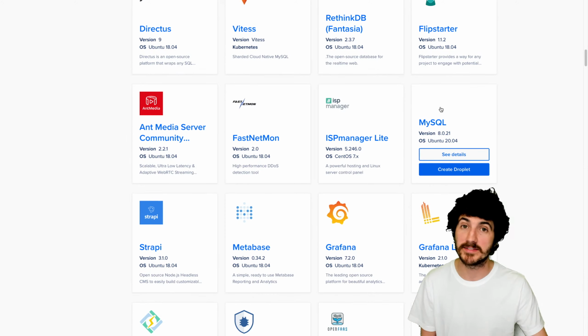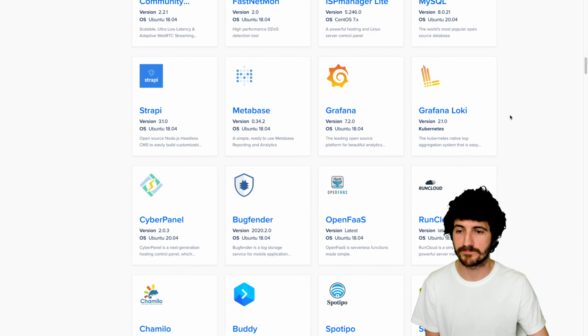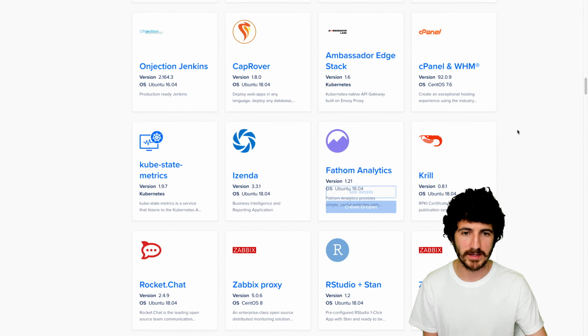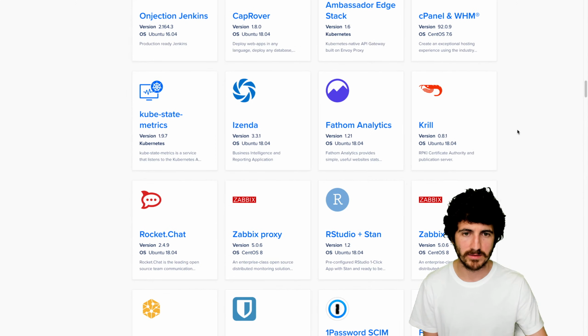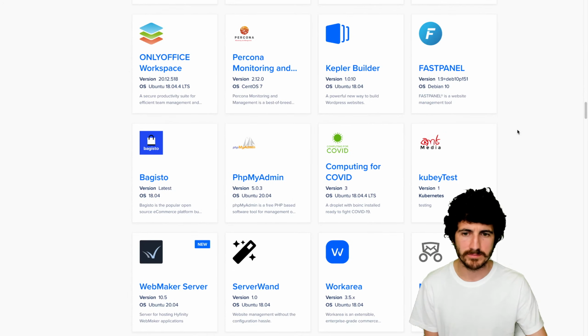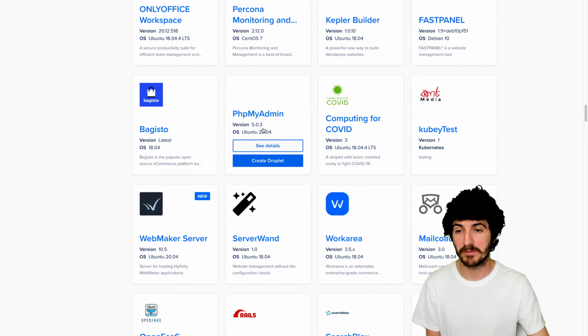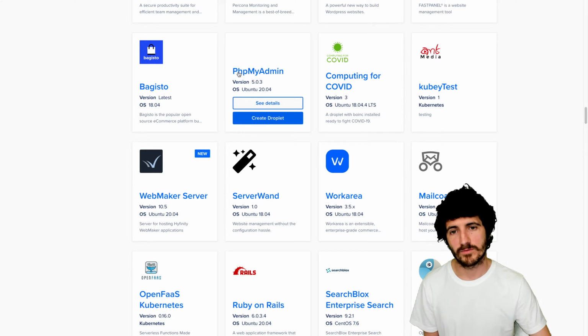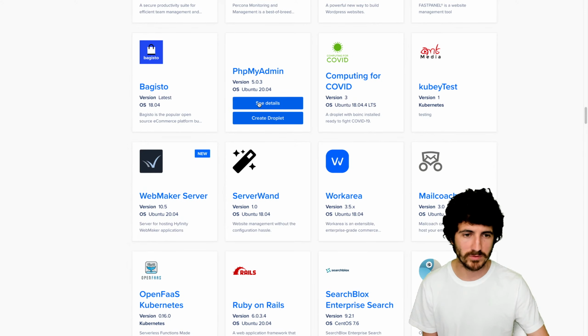So you can create just an instance for having a MySQL database. Fathom Analytics. phpMyAdmin, because you just want to have an instance reserved for your databases. Probably has MySQL installed as well.